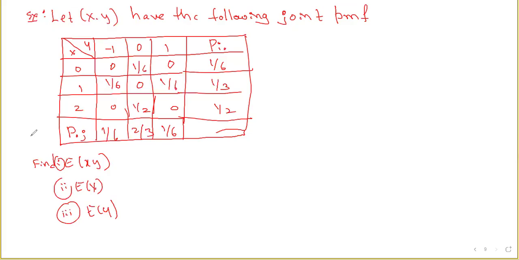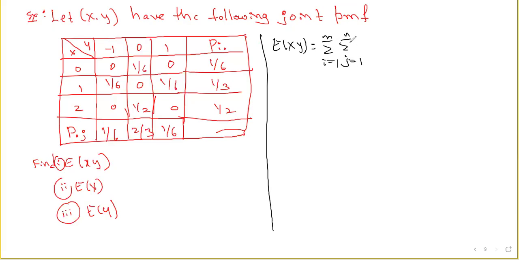Now, to find out expected value of xy, what is the formula? The formula is double summation because it is the bivariate case. So double summation, i running from 1 to m and j running from 1 to n,